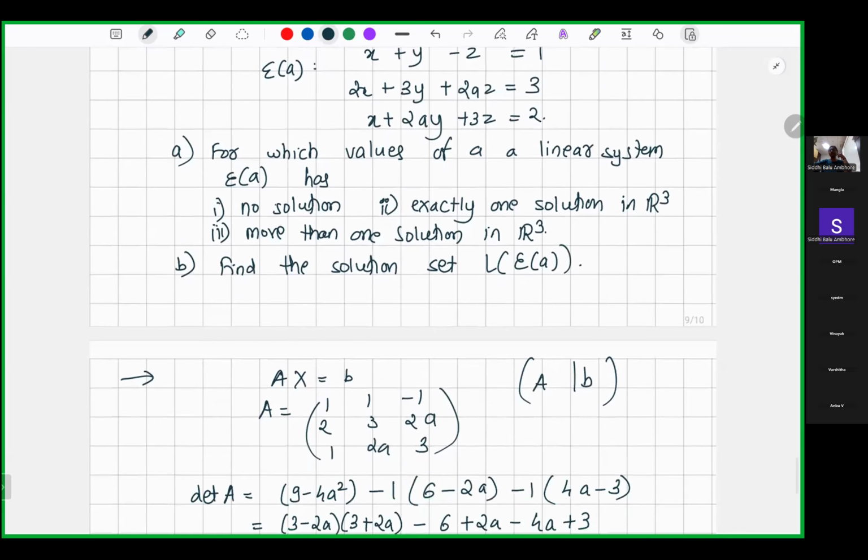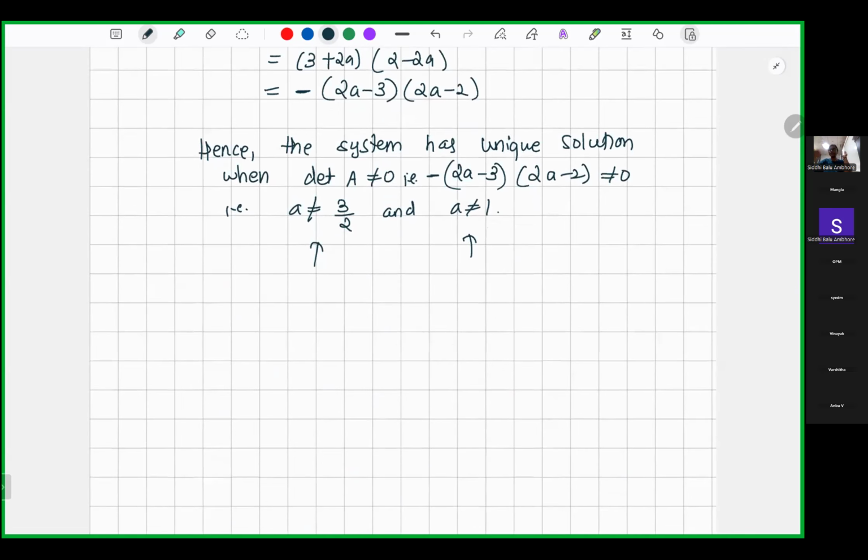Okay, even the conditions on a and b that we found in the very first or I think second question: a equal to 2, a not equal to 2, then b had two conditions, b is equal to 1, b not equal to 1. It covered all the possibilities for a and b both. a being not equal to 2, b could be anything, and we had a unique solution. a was 2, then b equal to 1 and not equal to 1 was giving me the condition for no solution or infinitely many solution cases. So here also,